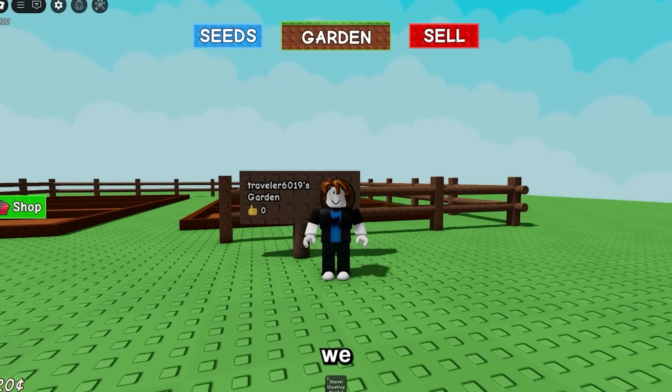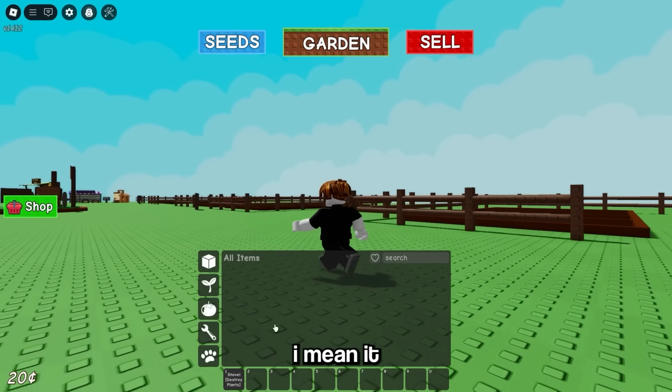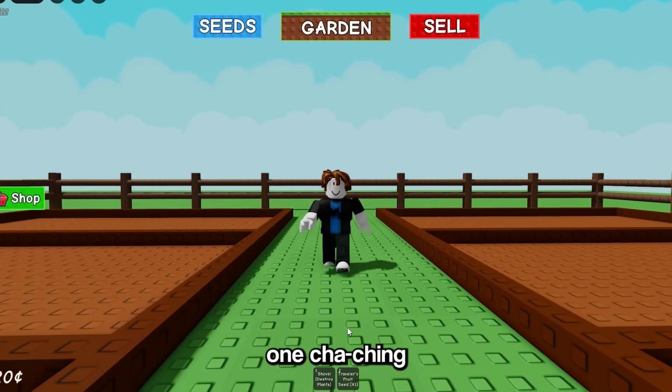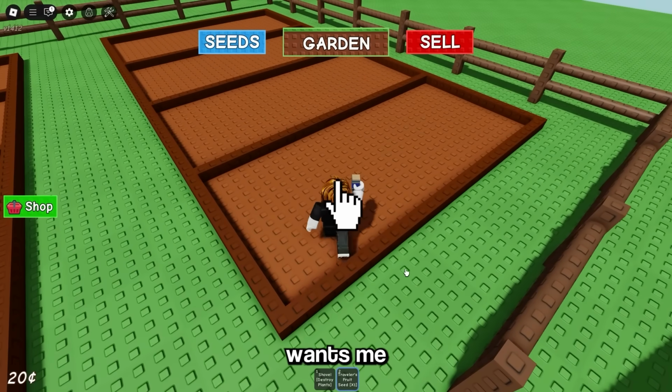And here we are, we literally got nothing. And when I say nothing, I mean it. Look at that, we don't even have the traveler's fruit. So that means I'm gonna have to dust off the old credit card. One cha-ching later though, and we now have the traveler's fruit, which this game wants me to plant it right